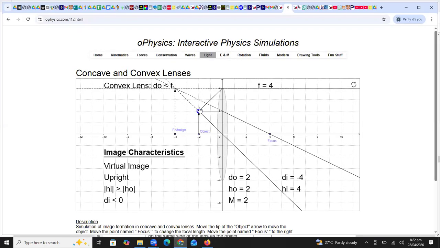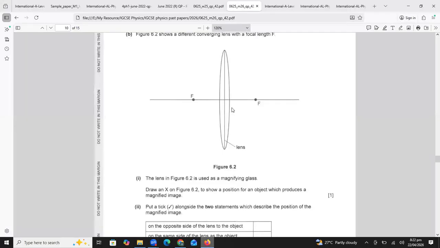This is the only condition where the object is exactly placed between the focal point and optical center. So the image is formed at the same side of the lens. So this setup is used in the magnifying glass. All right, students. So now we have to mark with the letter X. So this is the optical center, students, the center of the lens. This is the focal point. So I will mark the letter X in between the focal point and optical center. All right, students. Is it clear to you, everyone?